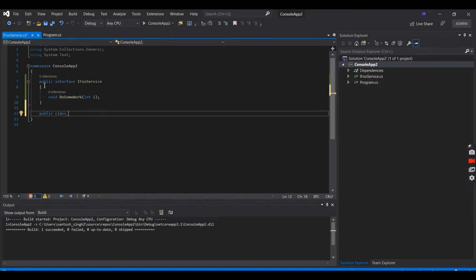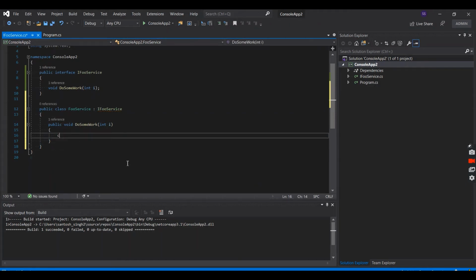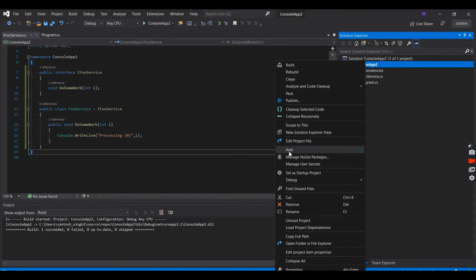Then create a class that implements the IFooService. Implement the interface, print some message. Okay, so our FooService is ready.